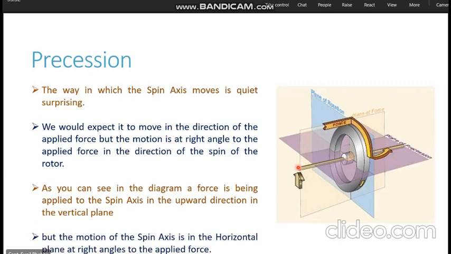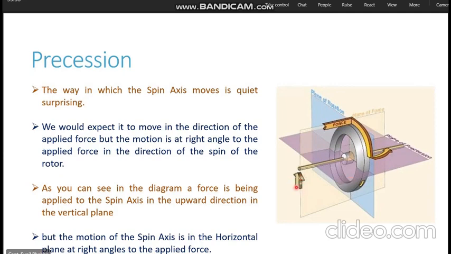The motion of the spin axis will not be in the vertical plane. The motion of the spin axis will be in the horizontal plane. How will the motion be? The spin axis is not going to move up. What the spin axis is going to do is, see, it is rotating clockwise. So it will move in such a way as if